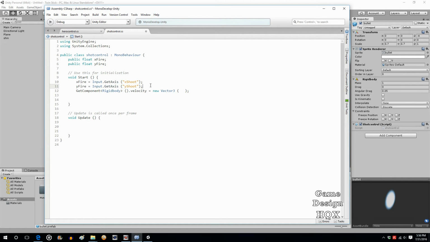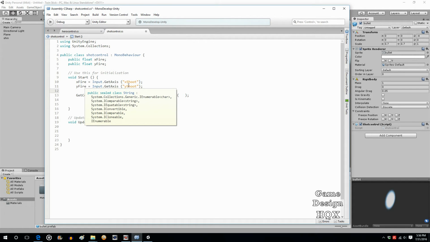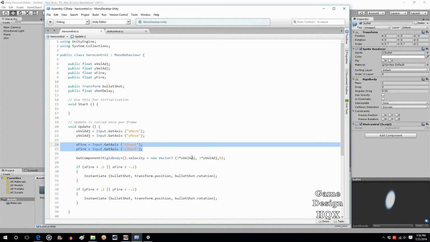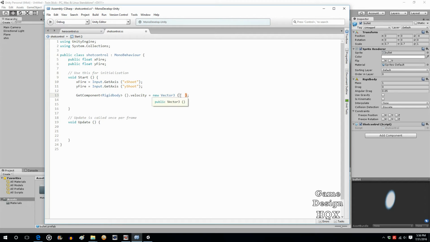All right, so we've created two variables and dropped the values of the axes into the variables. Now, we can't just put the variables in here like we did here, because we wanted the velocity of the player to vary. We don't want the velocity of the bullet to vary, though. What we want to vary is